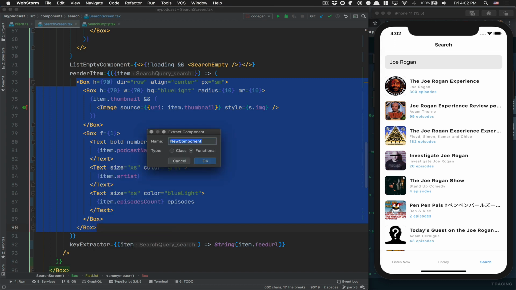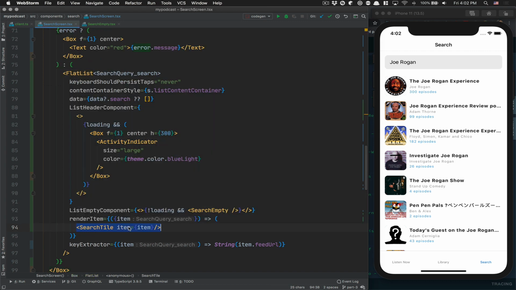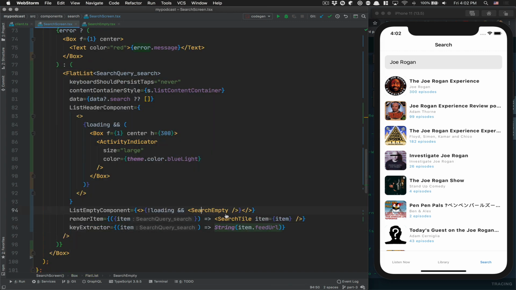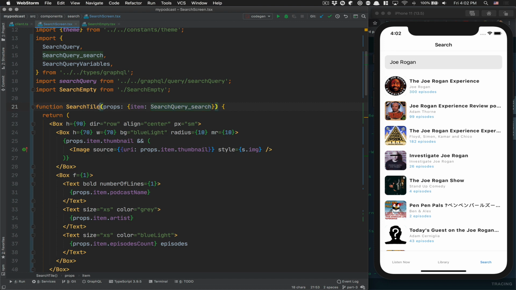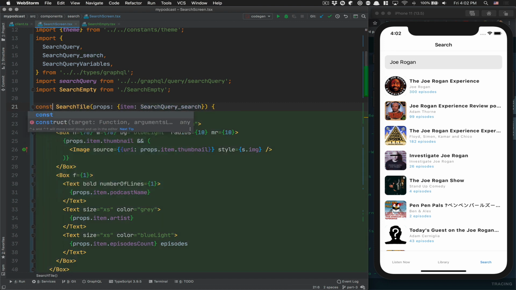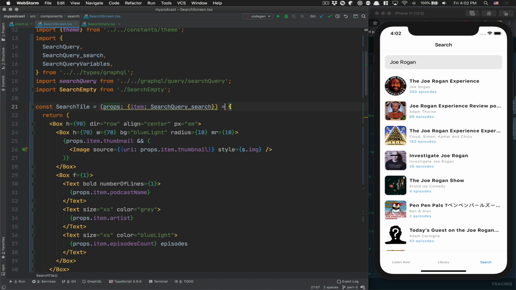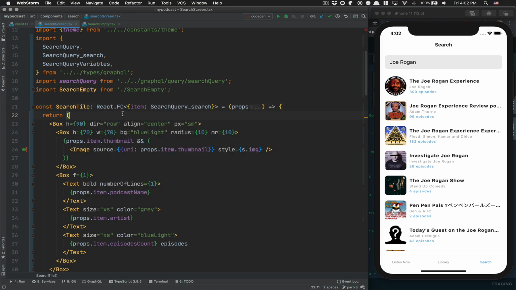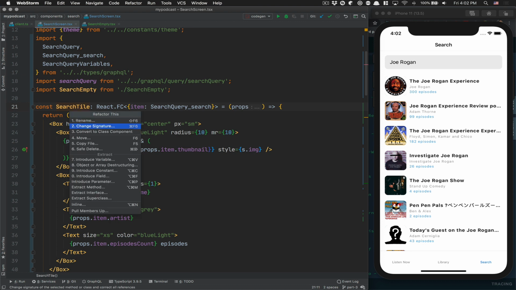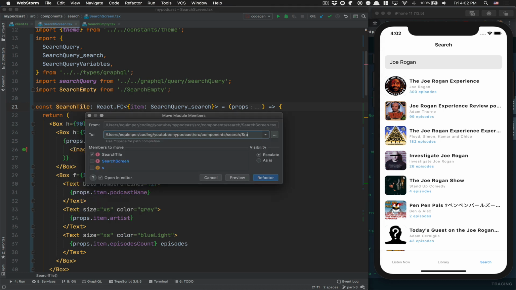It's going to be a functional component, and that's going to be a search tile, while I push the item. Here my search tile, what I'm going to do, again, I just want to make sure I always do the same thing, so like that. And for the props, I'm gonna get that from React.FC for functional component. You do this like that. And now finally, I want to move this to a file called